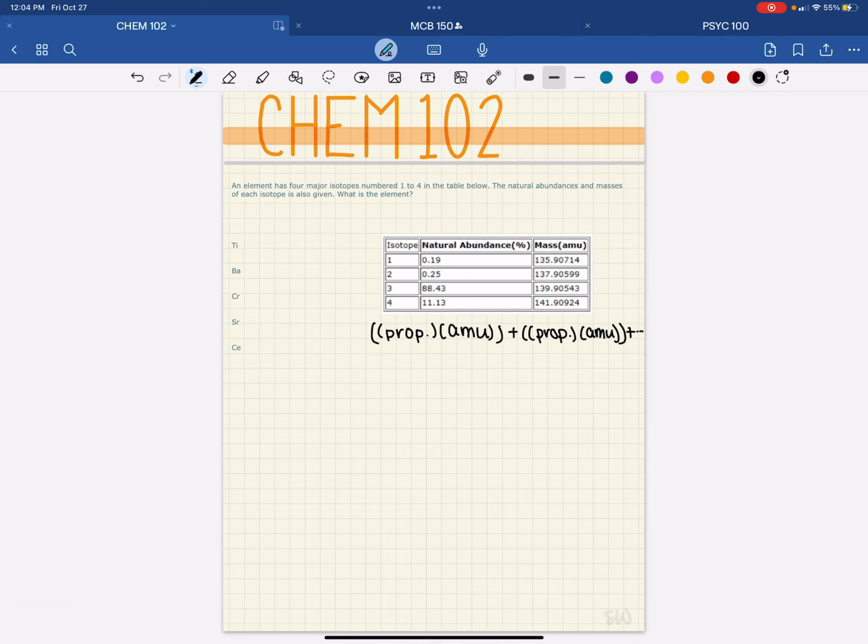All right. An element has 4 major isotopes numbered 1 to 4 in the table below. The natural abundance of each is given. What is the element? So the first thing that we're going to do is set up our equation in terms of the proportion of molecules with the atomic mass measured times the atomic mass. So it's going to look like